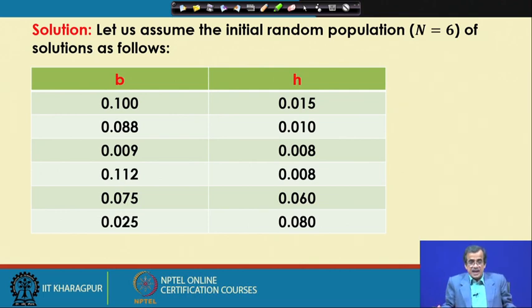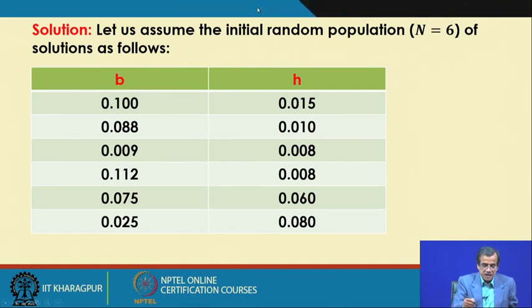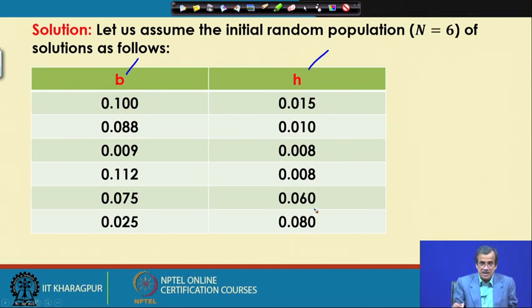Now, just like the binary coded GA, the initial population has to be generated at random using the random number generator. In binary coded GA, we used to generate binary codes consisting of ones and zeros, but here in real coded GA, the values of the variables, b and h, that is the width of the cutting tool and the height of the cutting tool, have real values, and those real values are directly generated at random